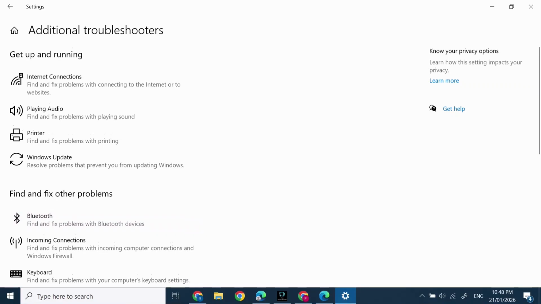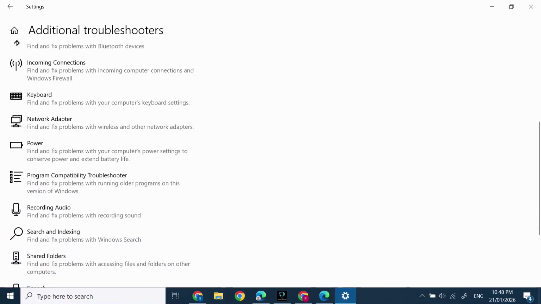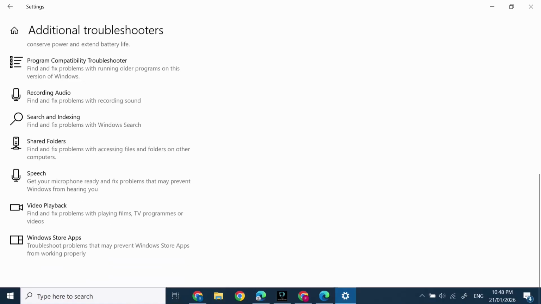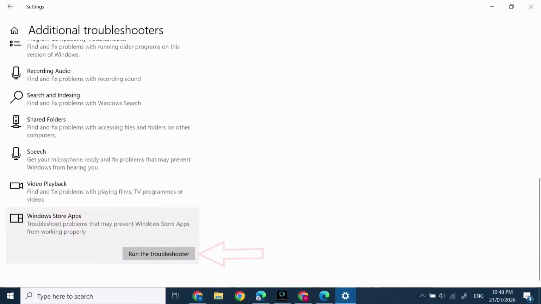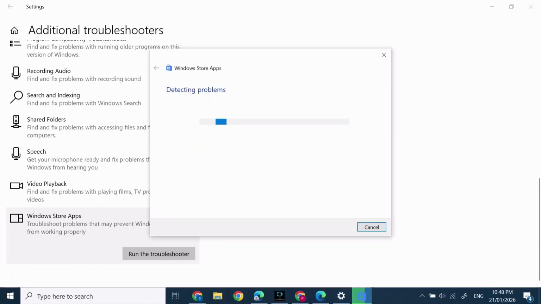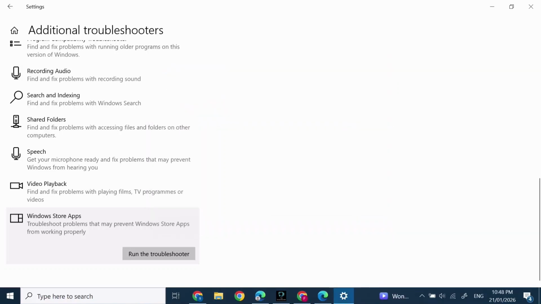Scroll down in here, and at the bottom, you will find Windows Store Apps. Click on it. Press on Run the Troubleshooter. Press on Yes in here. It will detect problems. If there is a problem, it will simply solve it as well. But if this is not the problem and your Instagram is still not working,